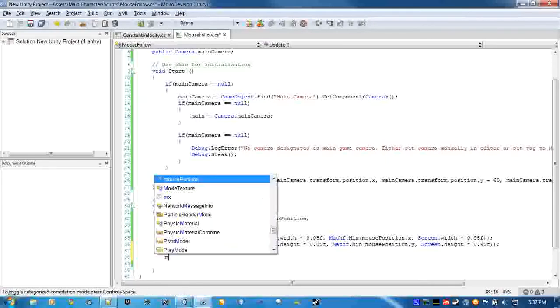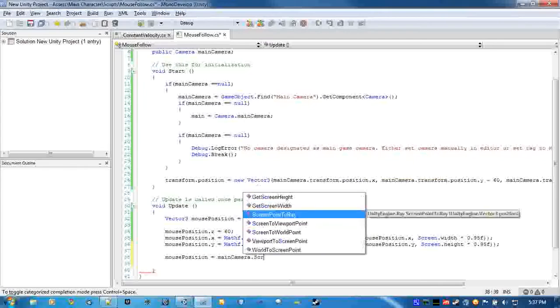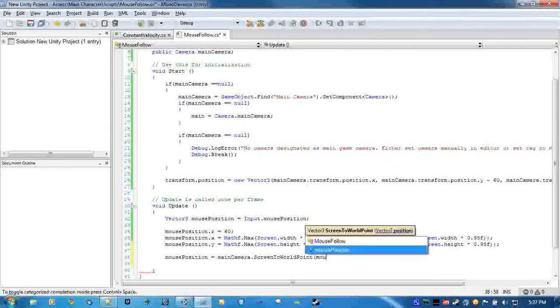Alright, so this will be where we actually translate this into a world position, basically. Screen to world point, this position,